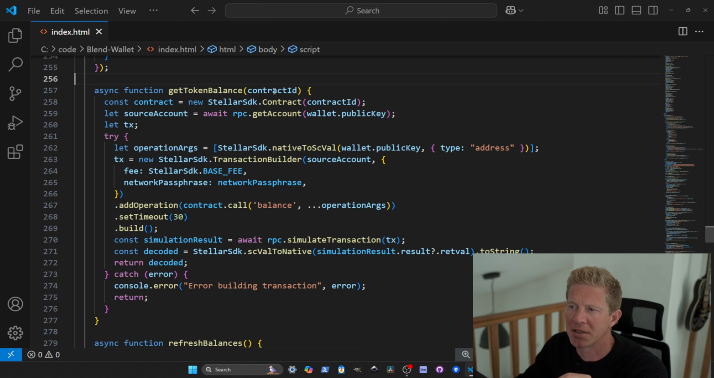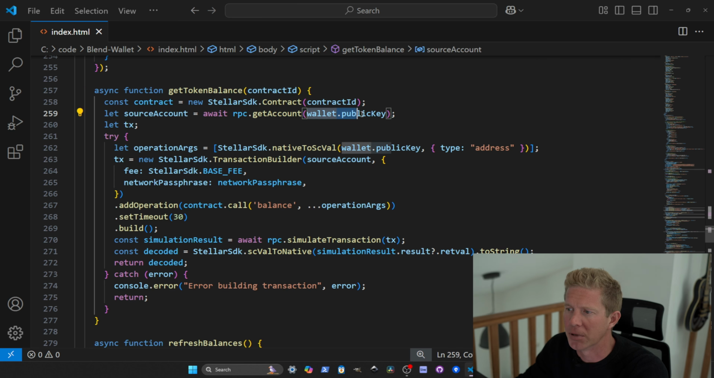account. We're passing in the contract ID for the token, so this can be used for any token, assuming they use the standard interface. We're setting the source account to our wallet public key, and then we're passing through an operation with operation arguments, which are set here, which we're passing through this wallet public key as an address. The address here is quite important because that allows us to encode the data correctly to pass through to the